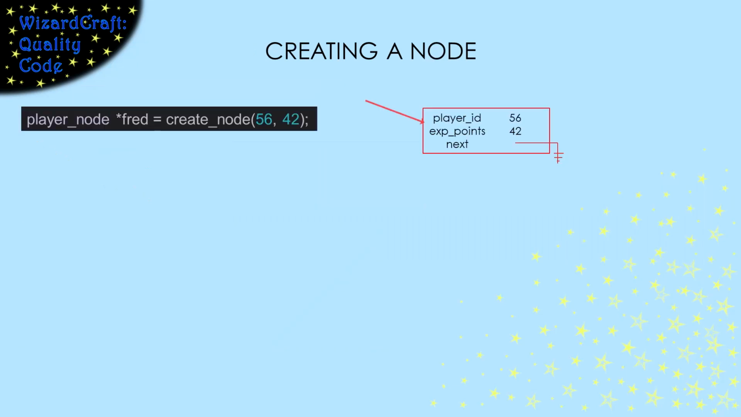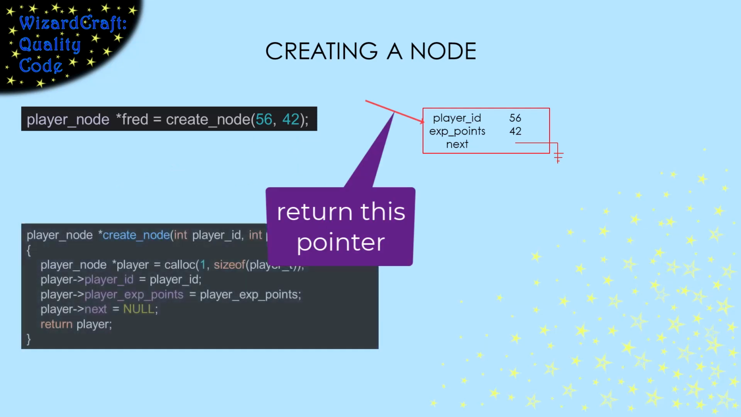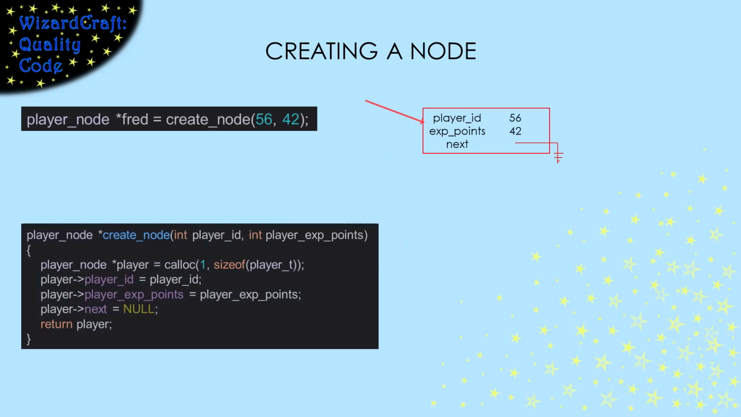When we add more data to the list, we're going to need to create new nodes. So let's make a function for that. It should take the data that goes into the node, in this case the player's ID and their experience points, and return a pointer to a node that has been initialized with those values. This code is very similar to create empty list. We calloc the space that we need. Now in this case, zeroing is silly because we're going to put the data we want everywhere, but I like